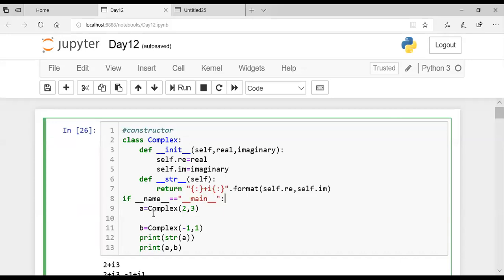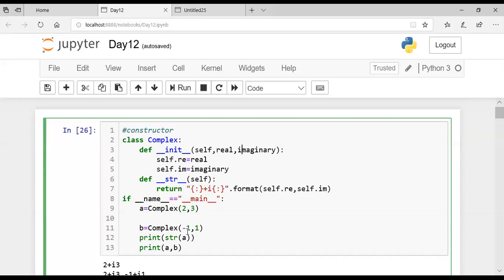So here, after going inside, I am creating an object of the class complex. This is the way to create a complex object. A equals complex, and in brackets I'm writing two values. Why am I writing two things? Because the init function has two input parameters.